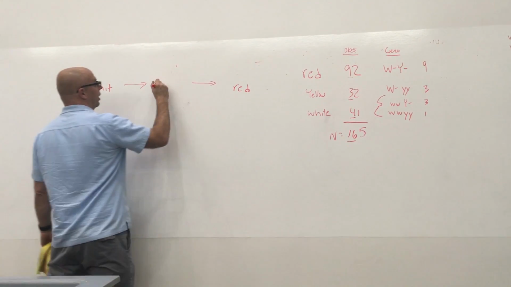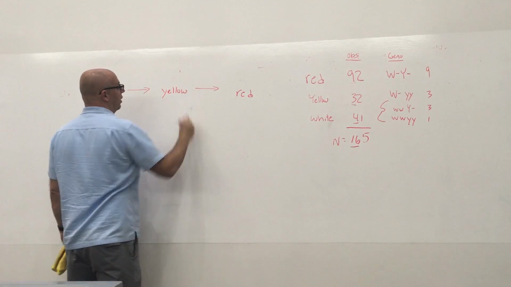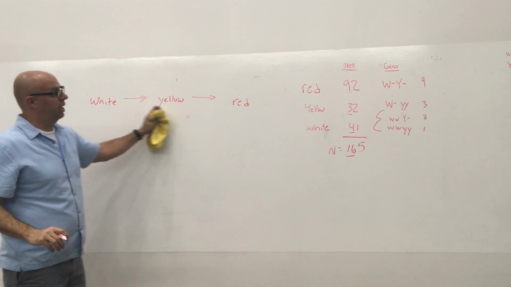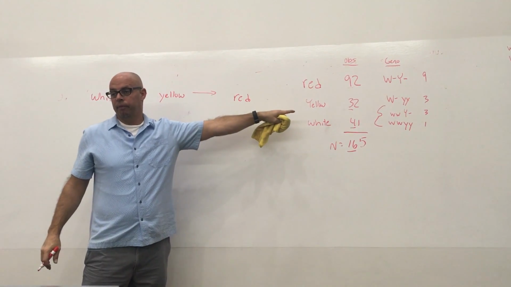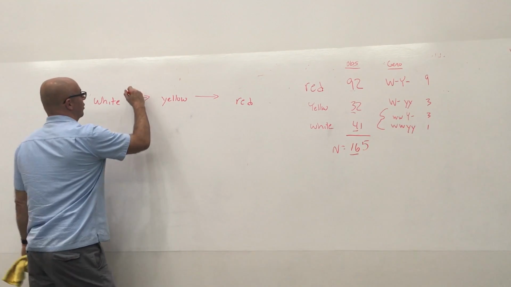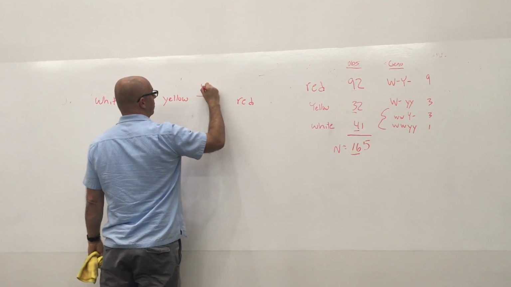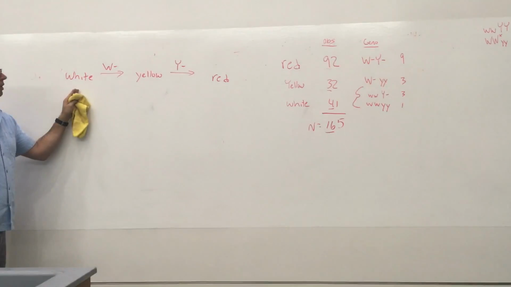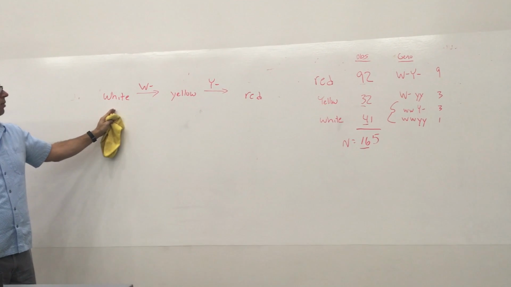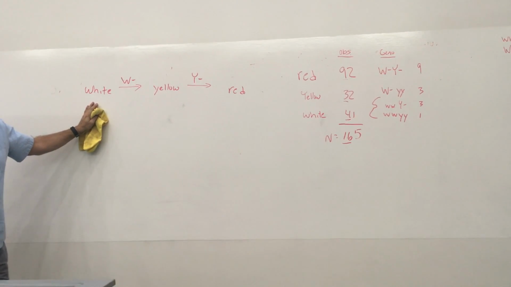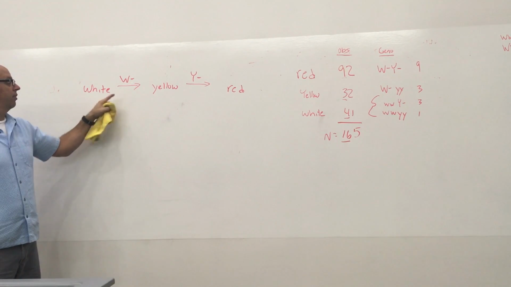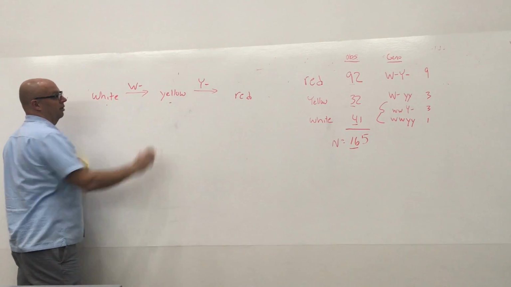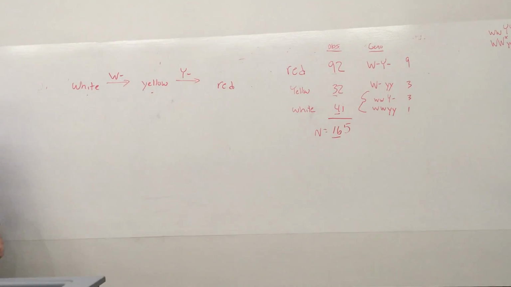White here, yellow here. What gene product gets you to go from white to yellow? Over here, a big W. So you just go big W here, big Y there. Both of those give you red, one of those gives you yellow. If you have either little w, little y, you get white. If you have little w, big Y, you still stay white because you don't have the enzyme that's going to convert white to yellow. Okay, so there's that pathway. So there's that problem.